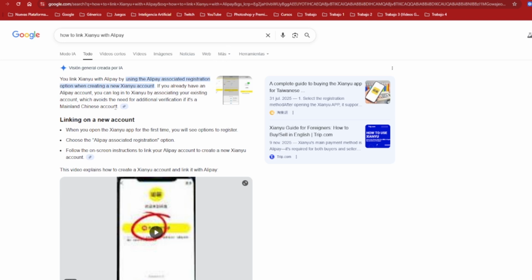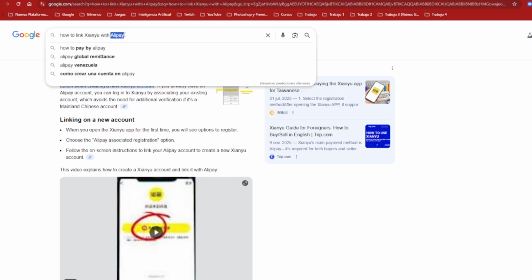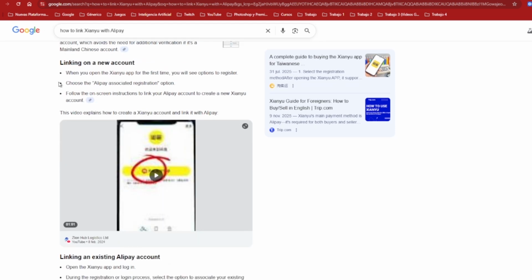If you're buying or selling on Xianyu, linking it to Alipay makes transactions simple and safe. Let's do it. The first step is to search this in Google. And next,